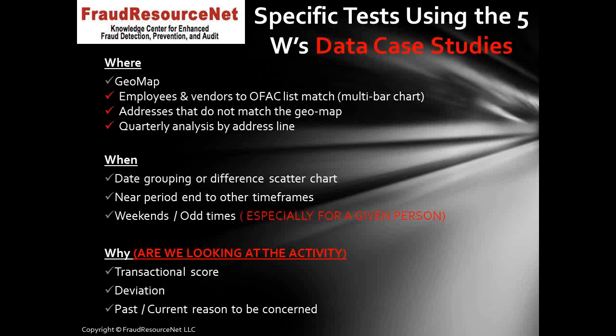What's nice about the geomapping is if it doesn't find addresses, it will show you addresses that didn't show up in there, and I think that can be really interesting and useful. We did a lot of the when analysis. One thing we didn't do is the weekend analysis, so I'll jump in and do a couple of examples there. But I think weekend and round dollar is interesting as well. And then the why would be taking a look at all these deviations from the who, what, when, and where, and putting it together to determine why you're taking a look at that given vendor. So let me dive back into the data for a second, and I just want to show you